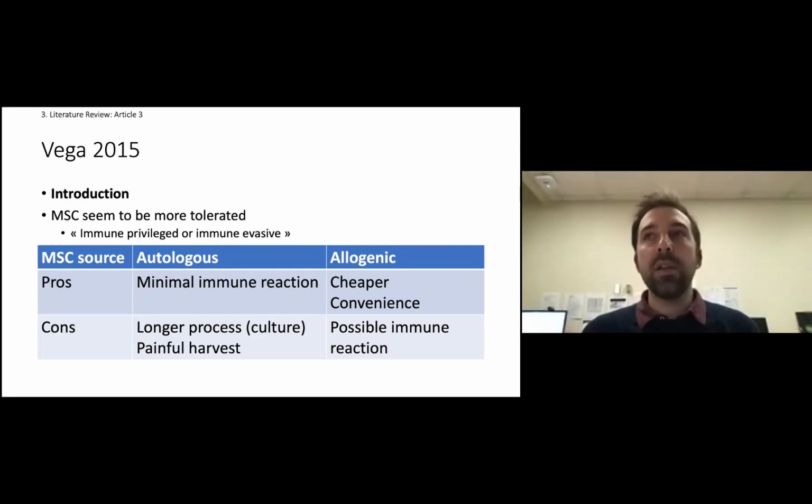And in other patient populations where this has been studied, so lupus, breast cancer and graft versus host disease, we haven't seen immune reactions anywhere close to what we would expect when we use something that's allogenically derived. So based on this hypothesis, this group of researchers decided to assess allogenic MSCs